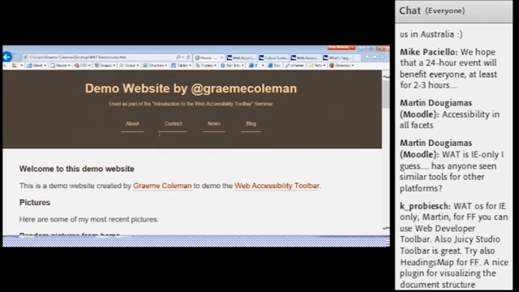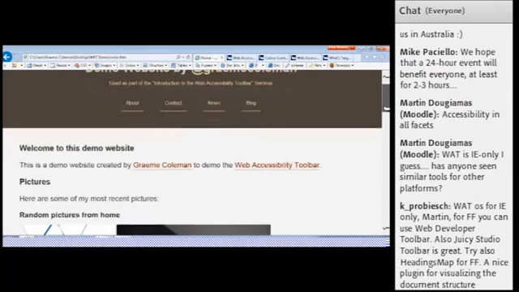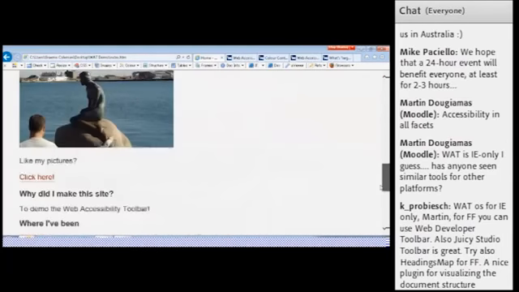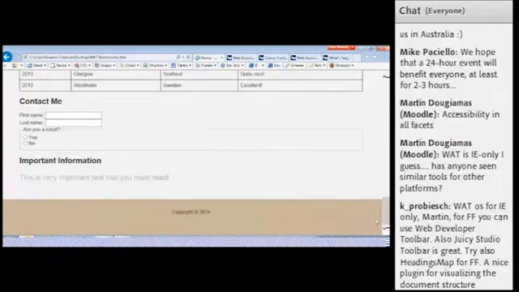Okay, just having a look through the comments, and yes, the web accessibility toolbar is for Internet Explorer only. There's also alternative tools for Firefox, for instance. I use the Web Developer toolbar regularly. It's got similar sort of features to the web accessibility toolbar, but obviously it's for Firefox and I think Chrome as well. I might be wrong with that, but I generally use it for Firefox, and it's very good. You get similar sort of feedback as well.